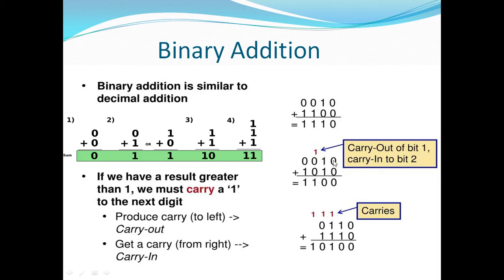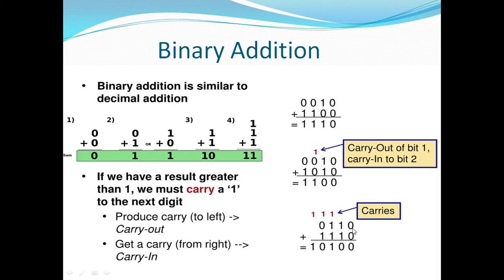Now the second example. 0 plus 0 is 0. 1 plus 1 is 1 0, so we'll keep the 0 here and carry the 1 to the next term. Now 1 plus 0 is 1 only. No matter how many zeros we add with a single one, 2 zeros, 3 zeros or 4 zeros, the answer will always be 1. Now 0 plus 1, again 1. This is the required answer.